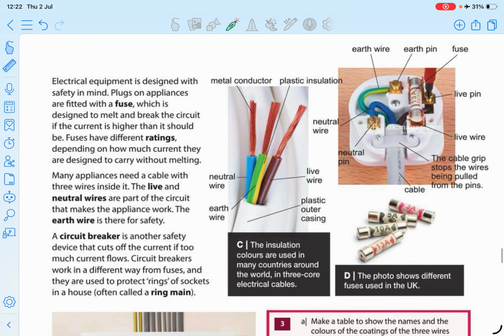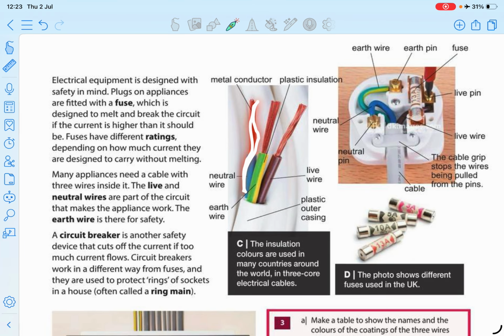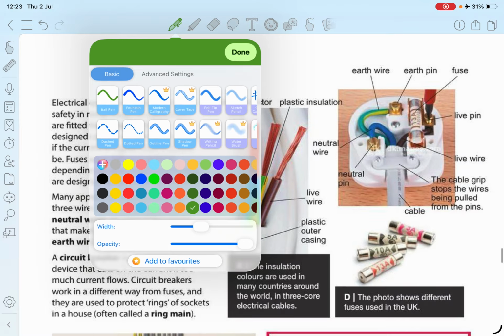And think about, there are 3 wires. The blue color wire is the neutral wire, the green color wire is the earth wire, and this one is the live wire. And the point is, in this component, what is this? This is the fuse. Why do you need to use a fuse? What is the advantage of using a fuse? If you use a fuse,